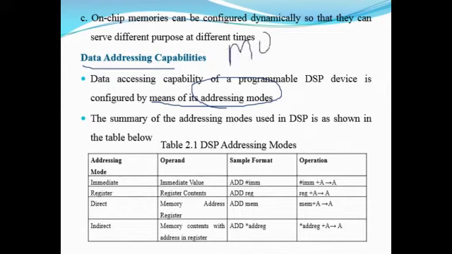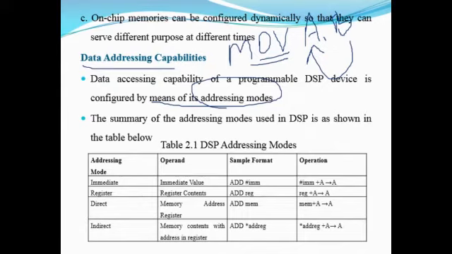For example, consider an instruction used in 8086, say MOV A, B. This is an instruction which is used to move or transfer the data from B to A. B is a register and A is also a register, which is normally considered to be an accumulator. So the data which is stored in B is transferred or moved from B to A. This is the basic instruction that we normally come across in a microprocessor.